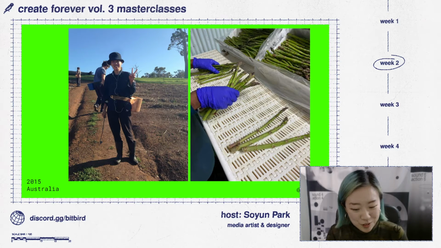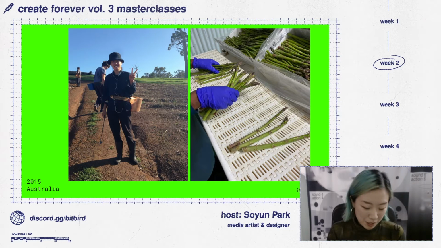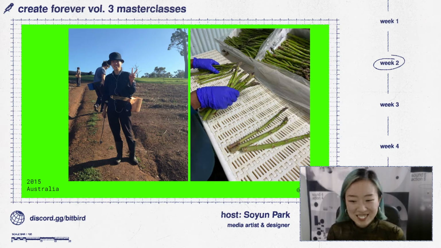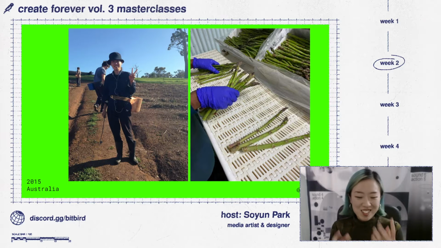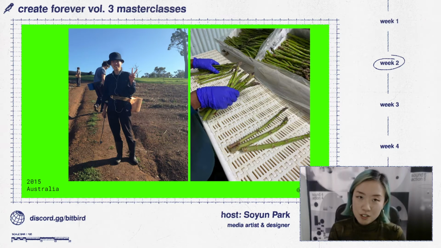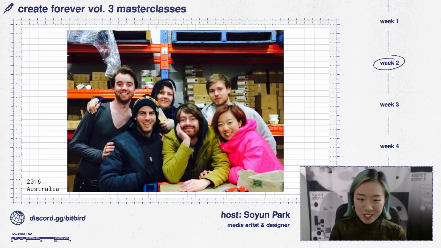And then I moved to Australia, and I picked up asparagus like everyone does in Australia. I'm just introducing you to what kind of life I've been through, because it might look so magical if you look at these crazy visuals, but I actually went through a lot of different things. I picked up asparagus in Australia for 88 days because I wanted to stay there a year longer, and that was the deal with the Australian government. And then I also worked in a factory,